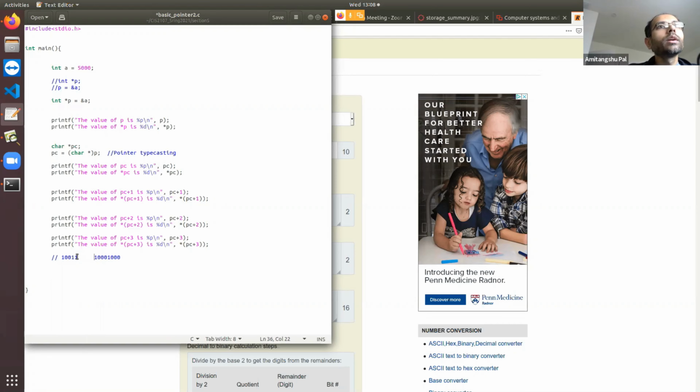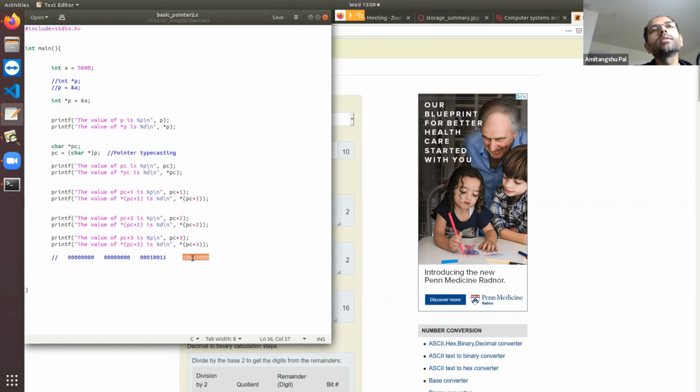And here 1 2 3 4 5 6 7 8, this is going to be another byte. 1 2 3 4 5 6 7 8, another byte, and another byte is going to be 1 2 3 4 5 6 7 8. So when 5000 is stored in a memory location, these 4 bytes are stored in that corresponding memory location. Clear?